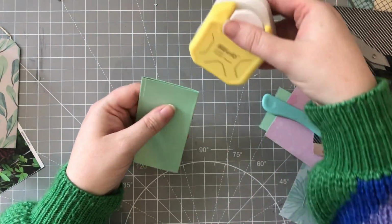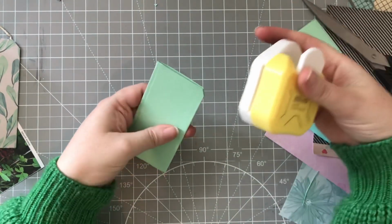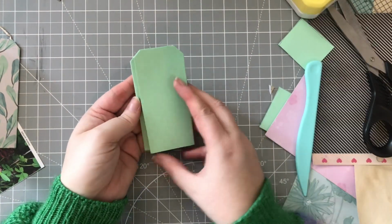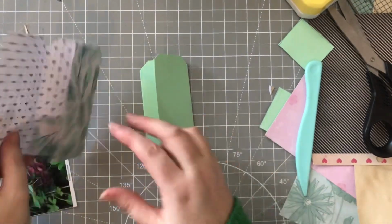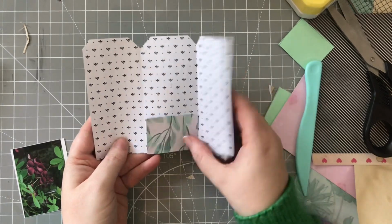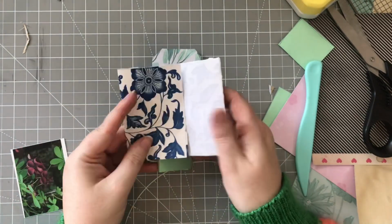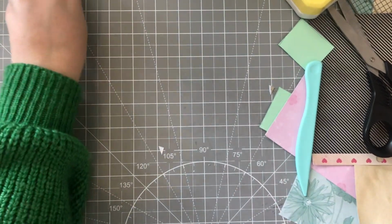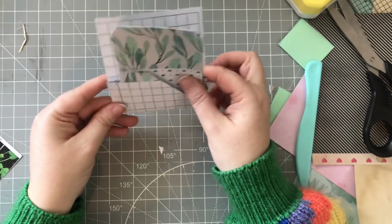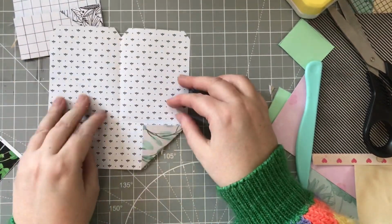I'm going to, again, I want to make mine into, if I can get through, into a tag. Okay, so that's another idea there, a tag and a tuck. Same as this one here. Same as this one here. And let's move on to my last idea, which is a tag and tuck spot